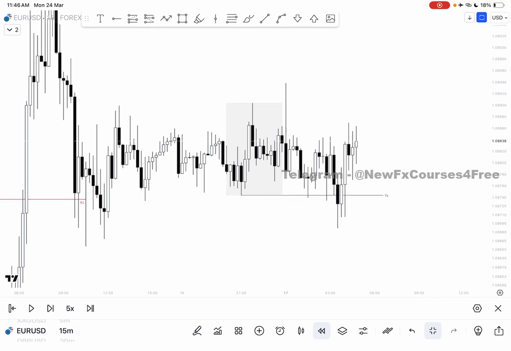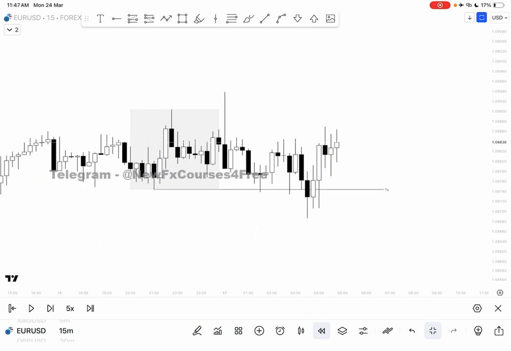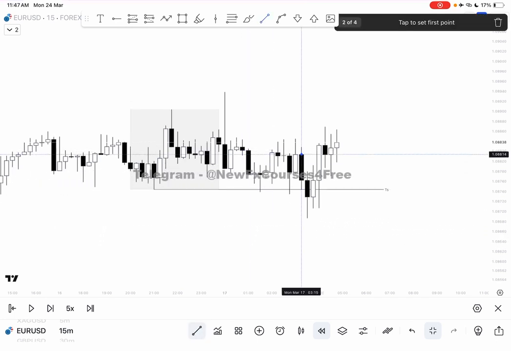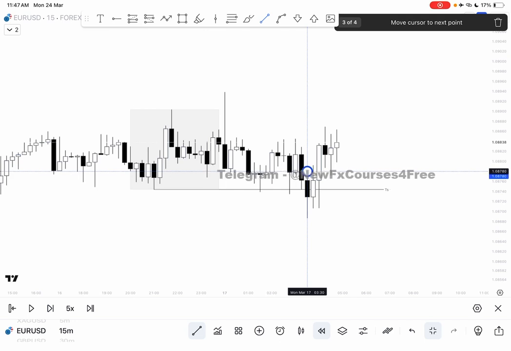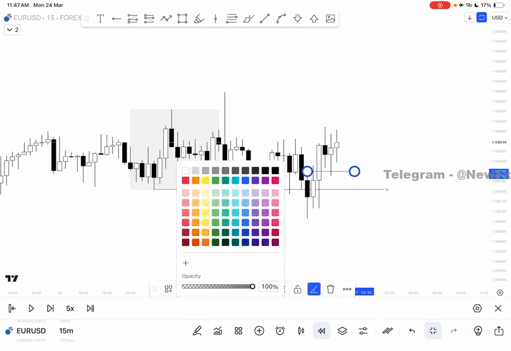Remember I told you guys about high probability order blocks. Sweeps liquidity, forms around the key level, and formed at a key time. So this order block was formed at a key time here, and you got your retracement into the order block here. Remember the sequence,